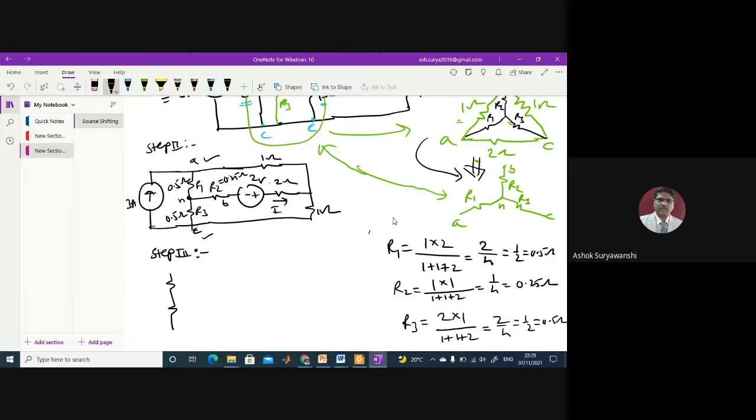So what I'll do, from C current leaving is 3 ampere and current entered at A node is 3 ampere. And at neutral N it is 0. So I will just shift this current source like this. Now current leaving at C is 3 ampere, entered at N is 3 ampere, but leaving at N node is 3 ampere. So at N it is 0, which is there. You can see at 0, and then current entered at A is 3 ampere.